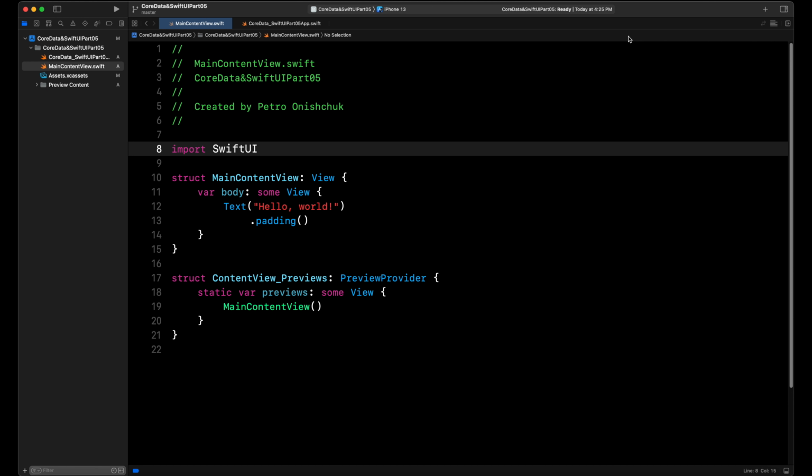And now I want to create a CoreData model, a persistent controller, and also an extension for our entity. And then I will be using this extension for displaying data in our application. For example,